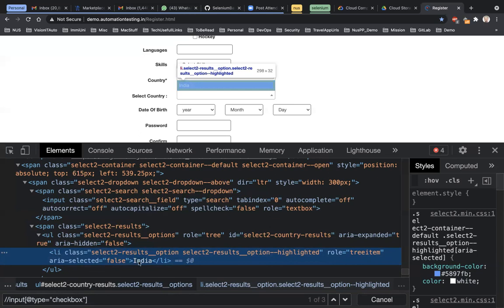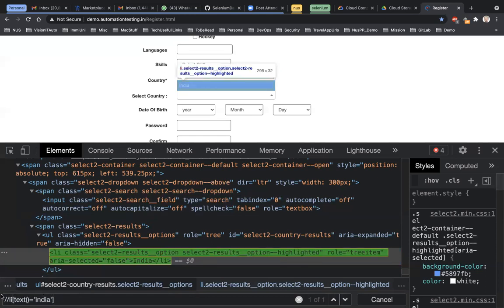But what comes between these tags is called the text of it. If I want to identify the element using the text, because in the attributes I'm not able to see anything unique. This doesn't look unique, this doesn't look unique, aria-selected doesn't look unique. India looks unique here, right? So I will say text is equal to India, and tag name is li, right? So now it is able to identify it.